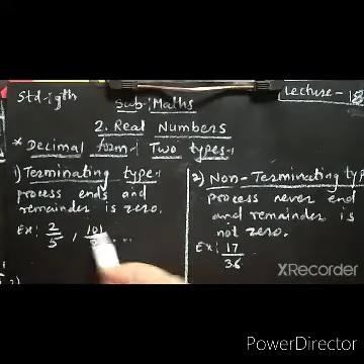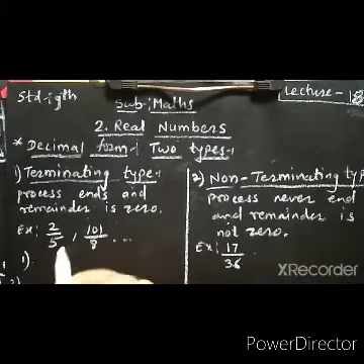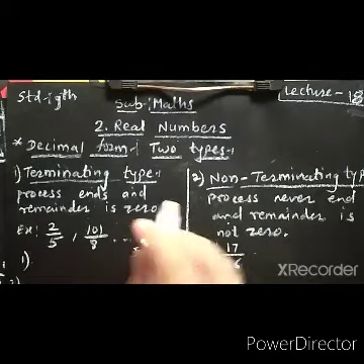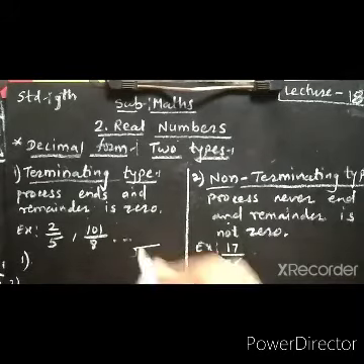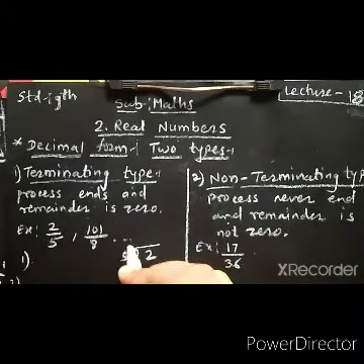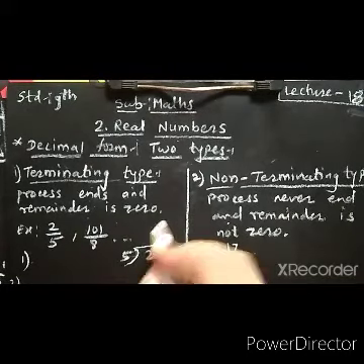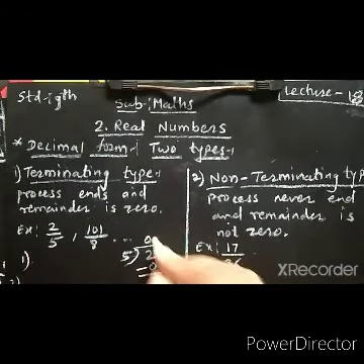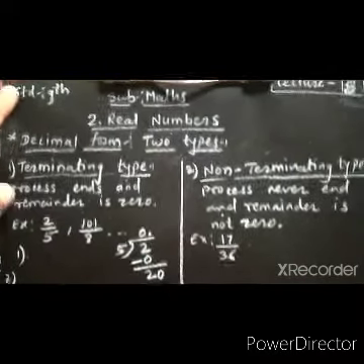So let us see an example. Number 1, 2 upon 5. So 2 divided by 5. See, 5 is bigger than 2, so in 5's table 2 is not there. Therefore here we have to take 0 and 2 minus 0, that is 2. Here we have to take a decimal point and here we have to take 0.